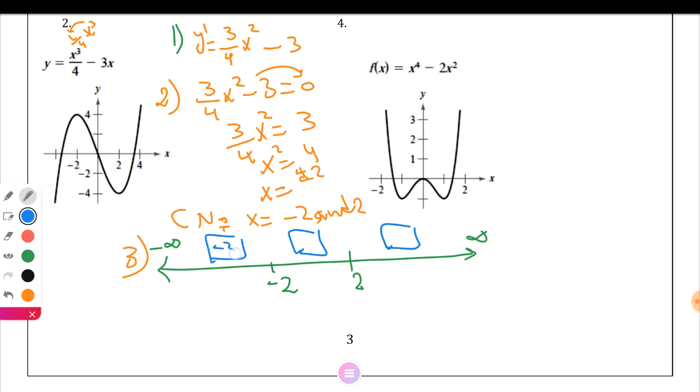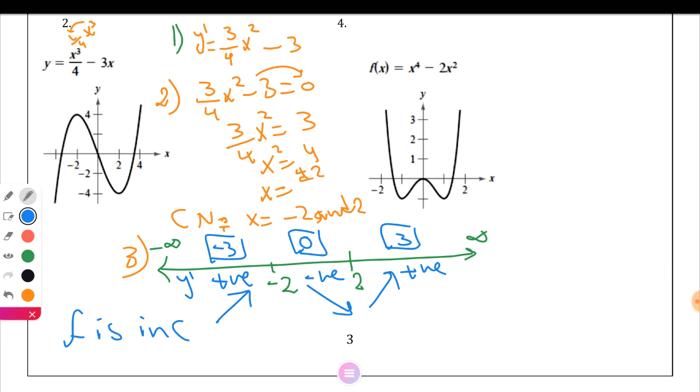Here I choose negative 3. Here I'll choose 0. Okay, it's better for you to choose values which are easy to substitute in the derivative. Here I'll take 3. If we replace by negative 3, it will be positive 27 over 4. It will be positive. Just use your calculator to substitute. Since the derivative here is positive, increasing. If we substitute 0, it will be negative 3, negative. Okay, function is what? Decreasing. Then add 3 the same way, it will be positive. So function is increasing. Okay, for the value of the derivative, use your calculator. Here f is increasing on